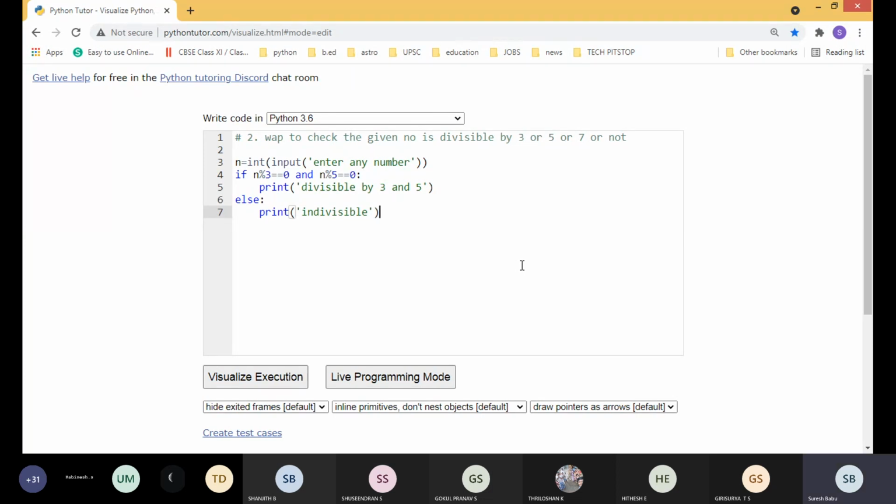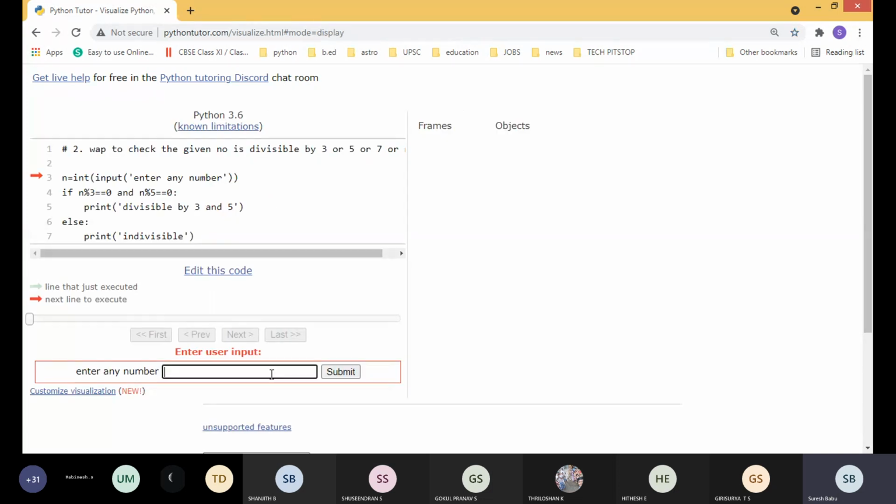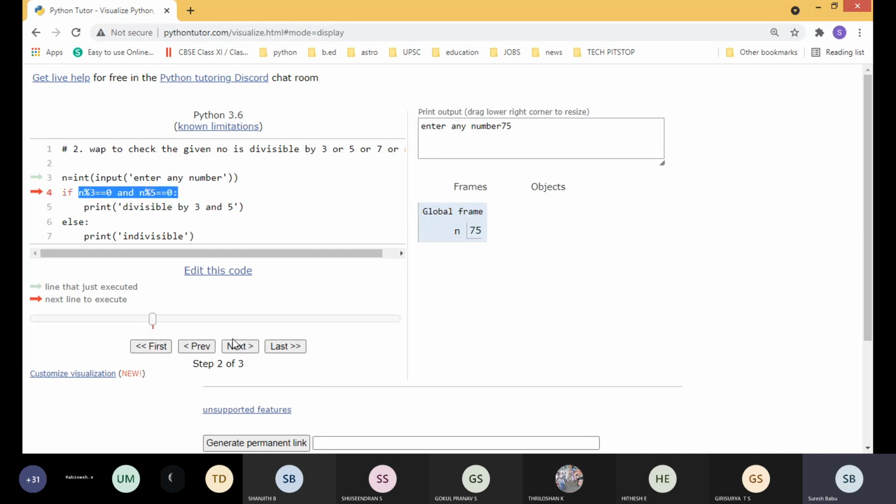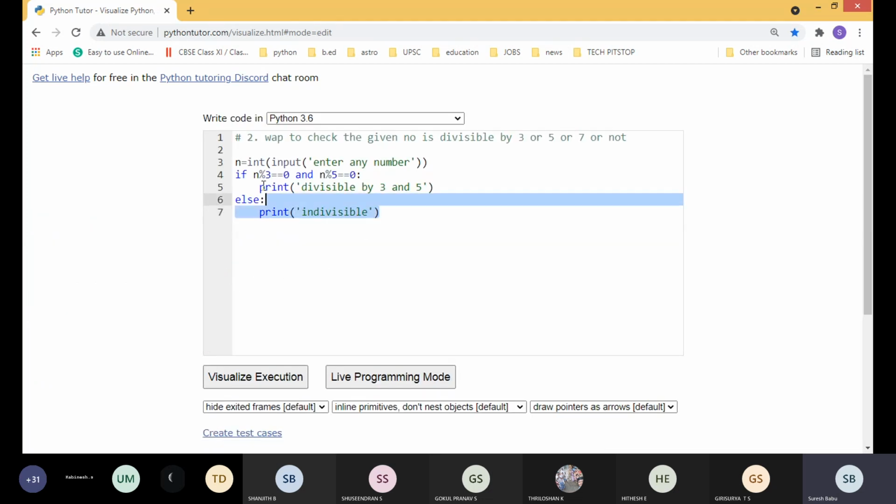Now you can give a common number like 15, 30, 45 like that. That number will be divisible by both 3 as well as 5. Okay, so I'm going to check this 75. See, it checks with the two conditions. If both are true only, the if condition will become true, then it satisfies and it prints the answer divisible by 3 and 5. So kindly understand the question carefully and give the solution according to that. Understood by everyone?